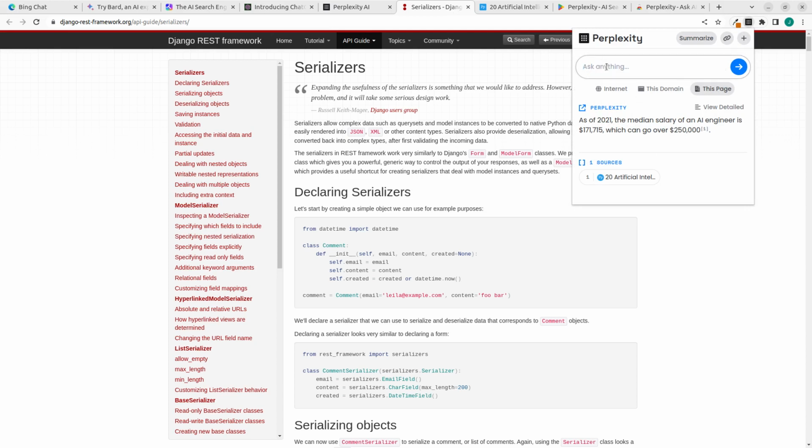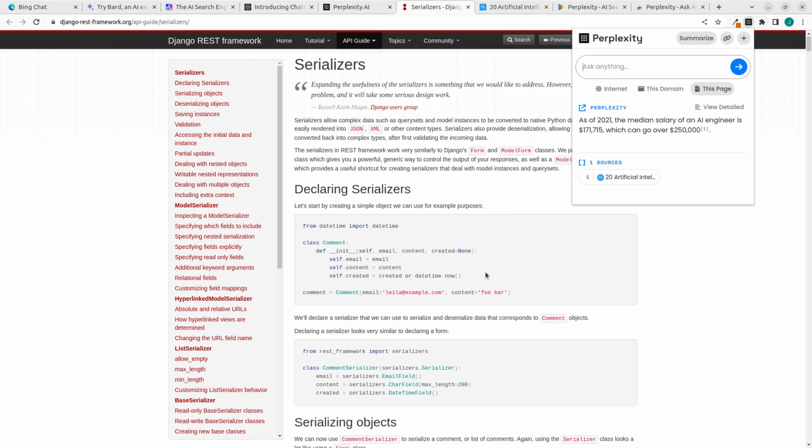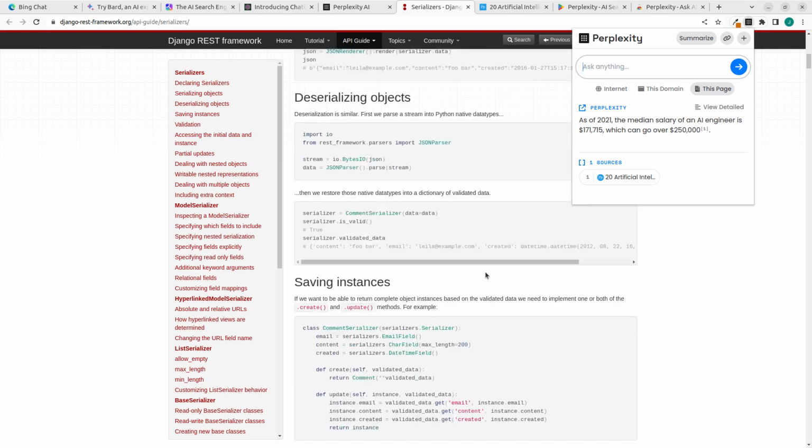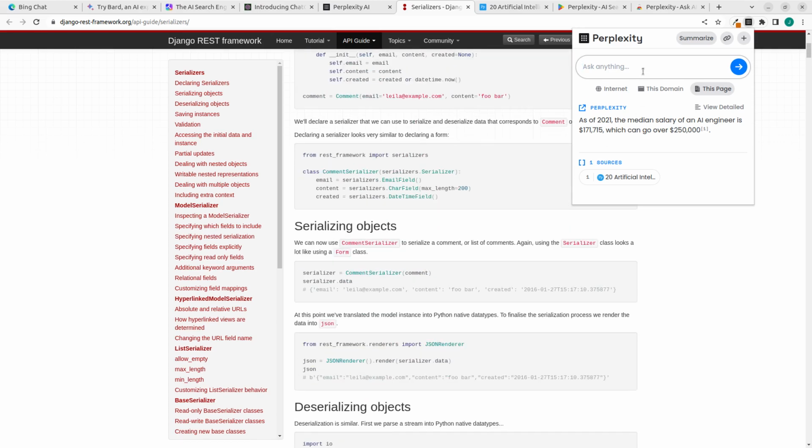I want to check for something. So let's pick something. How do you create a JSON renderer?